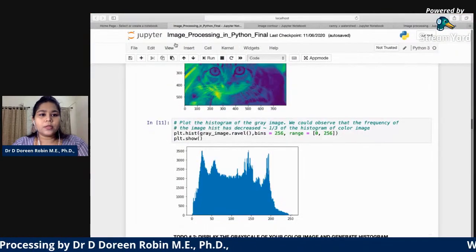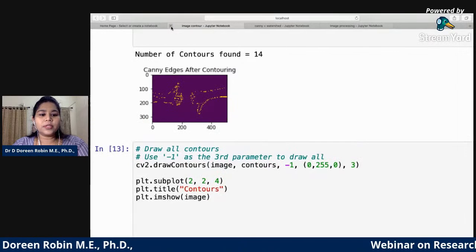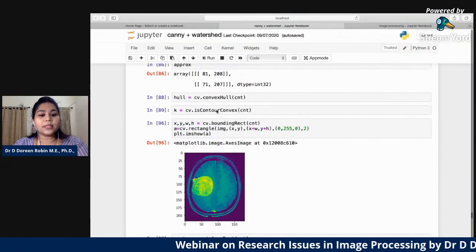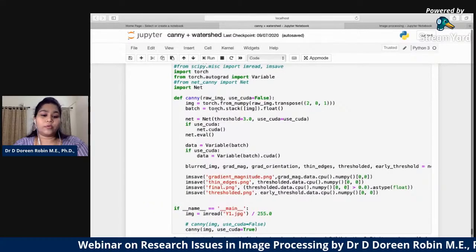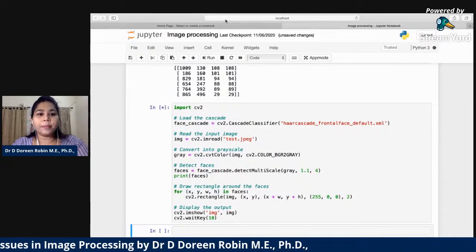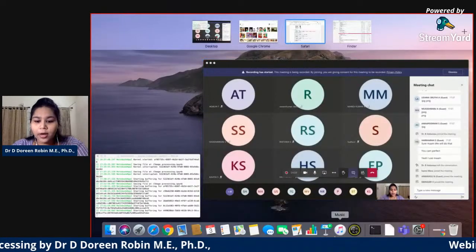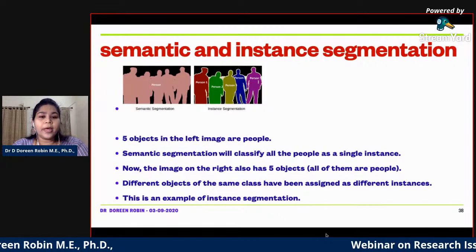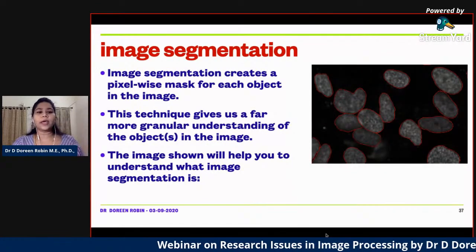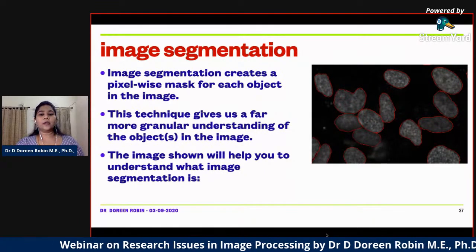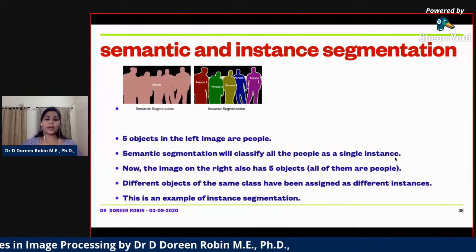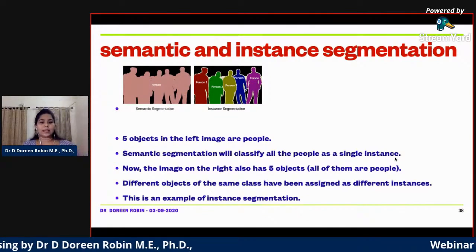Okay, so far we have seen different packages and how they work. Medical imaging also plays a vital role in detection of tumors or whatever it is. There are the best challenges in your research. And there are different segmentations. How do I do segmenting of an image? There are two types of segmentation. One is semantic segmentation, and the other is instance segmentation.